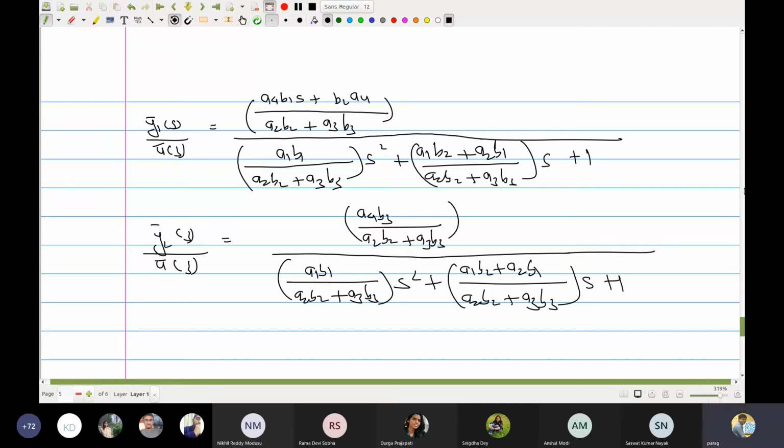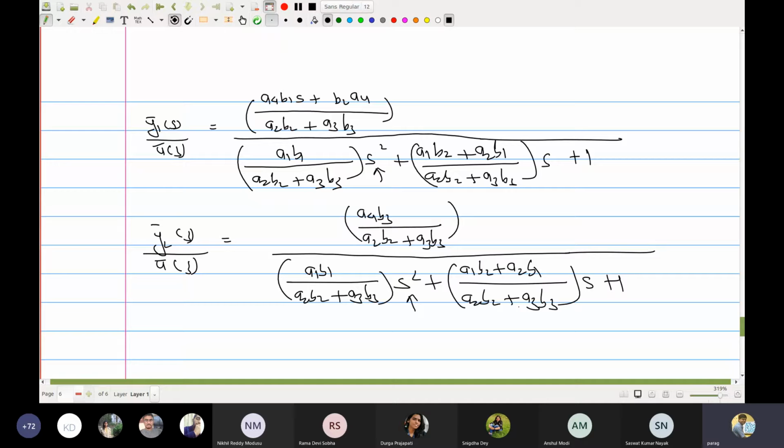Okay, what is there in this expression? When I look at these two expressions, both of them are second order dynamics, S squared. Okay, these are second order systems. So when you have two tanks, I don't see this transfer function as a multiplication of individual first order transfer functions. That's not the case. It is a little more complex than that. But what I see is that in the denominator, I still see S squared. That means your overall dynamics is going to be a second order dynamics. Fine.